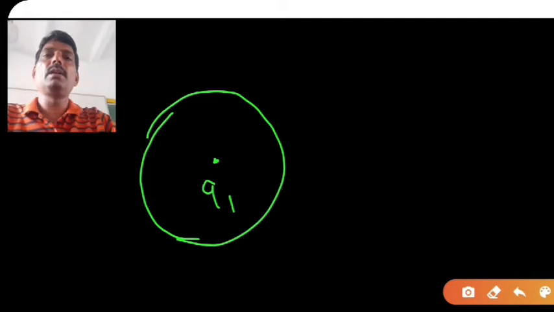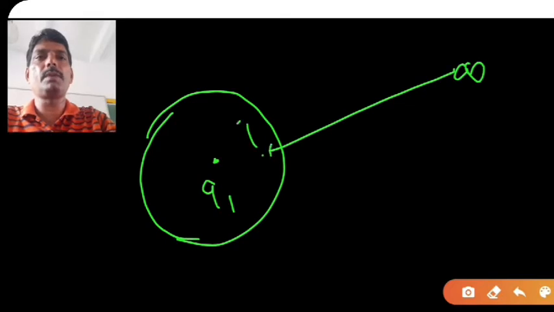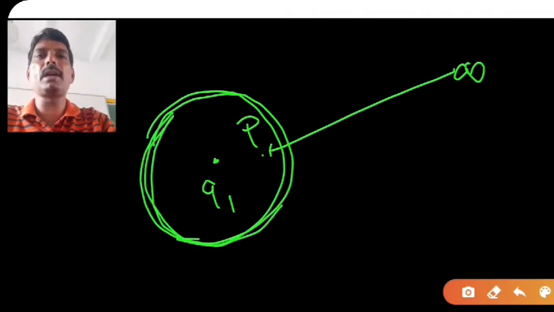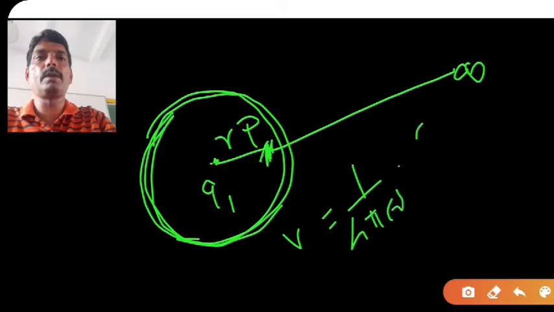Now, what is the work done here, and the potential energy? Electric potential is nothing but the work done if you bring a unit positive charge from infinity to that particular point, suppose point P is here, in the field that the source charge has created by itself. If you bring a point charge from infinity at a distance r, then you can calculate that the work done is stored as electric potential energy, or you can say the electric potential. Now, the electric potential that you have got is V = 1/(4πε₀) Q/R. This is the electric potential at this particular point.